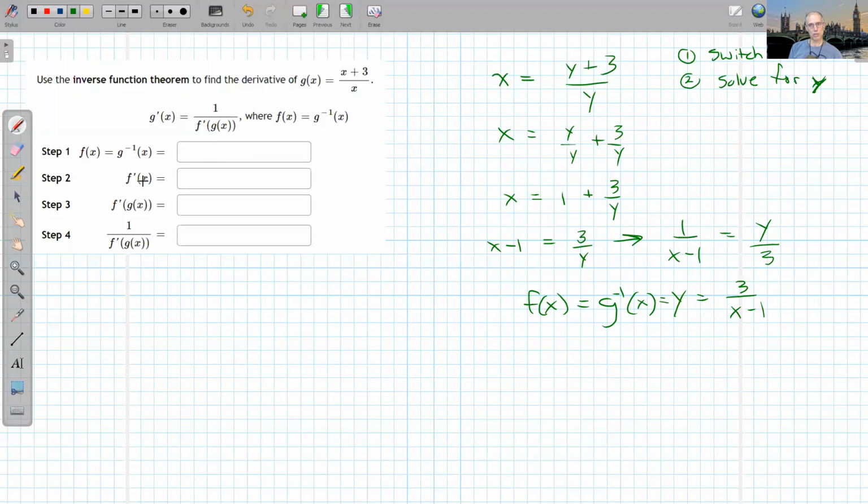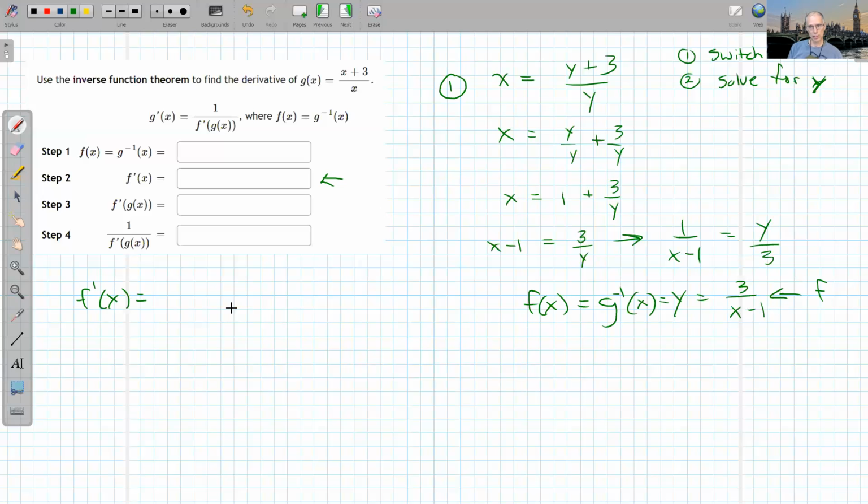Next thing I'm going to do is find f prime of x. And again, this is my f right there. Right? So this was step 1. If I didn't know the inverse already, I had to find it. Now, in the other examples I gave, I already knew the inverse, so I was pretty much starting at this step right here. So f prime of x,